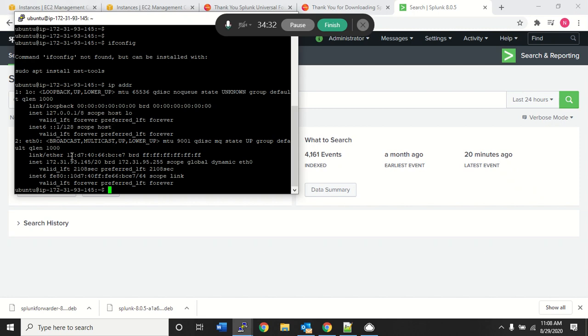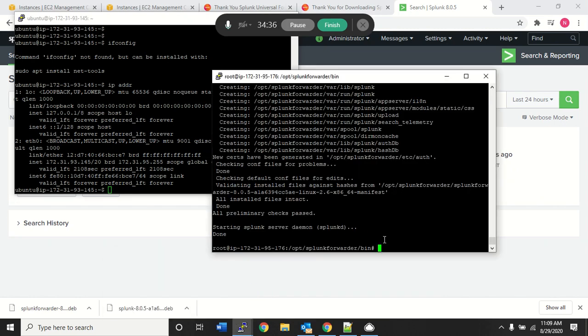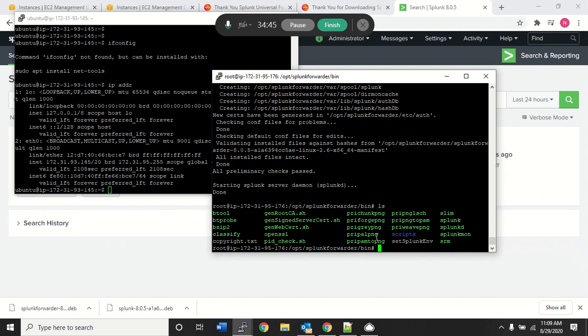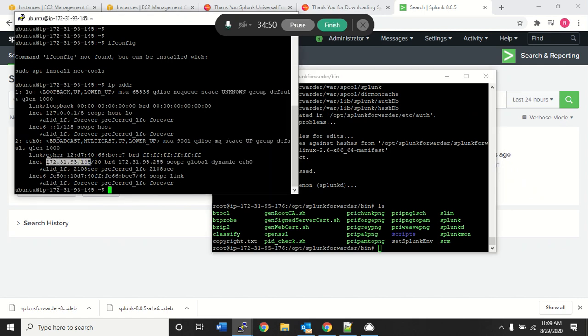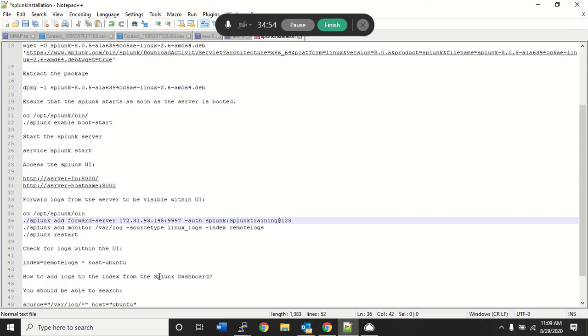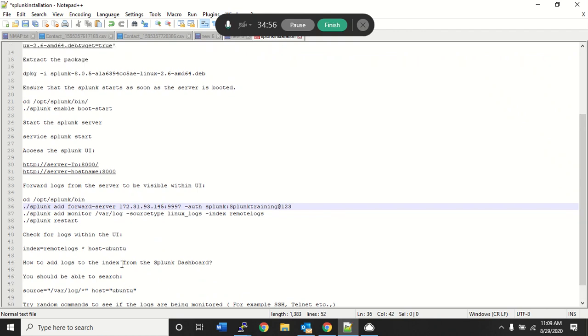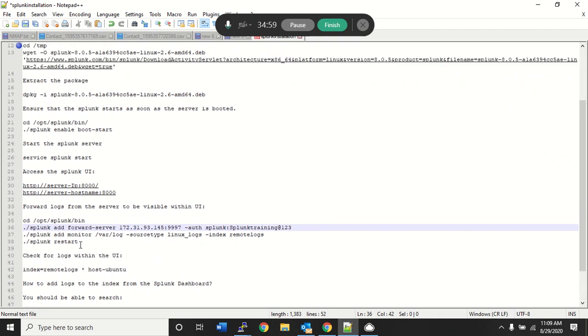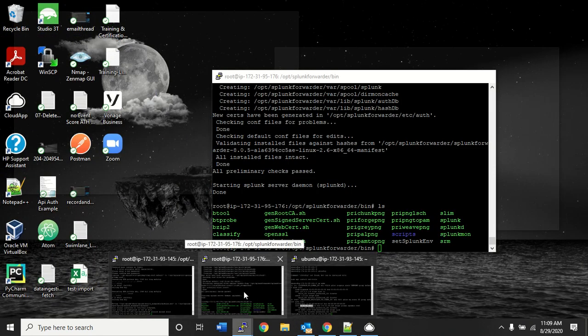So now that we have the other instance, which is just waiting to run the commands to ensure the logs are monitored and forwarded from the instance. So what I'm gonna do is basically, I know the Splunk server IP address is this guy, right? So I'm just gonna copy that real quick and make sure I go back to the command script. So now we're just gonna go back to bin on our source machine,